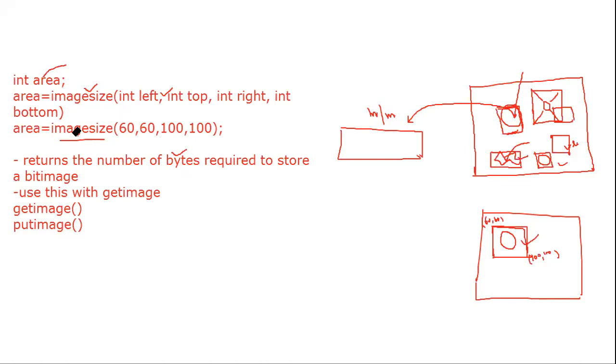Now the next step would be to allocate the memory. Your image size will only return the number of bytes required to store that image. Now you want to store this image into the memory. अब इस इमेज को कहाँ स्टोर करना है, हमें मेमोरी में स्टोर करना है. क्लियर? तो हमें यहाँ पे उतनी ही मेमोरी, जितनी मेमोरी यहाँ पे रिटर्न हुई है, लेट्स से 2 बाइट्स, ओके, तो अब हमें इतनी ही मेमोरी उसको स्टोर करने के लिए एलोकेट करनी पड़ेगी.